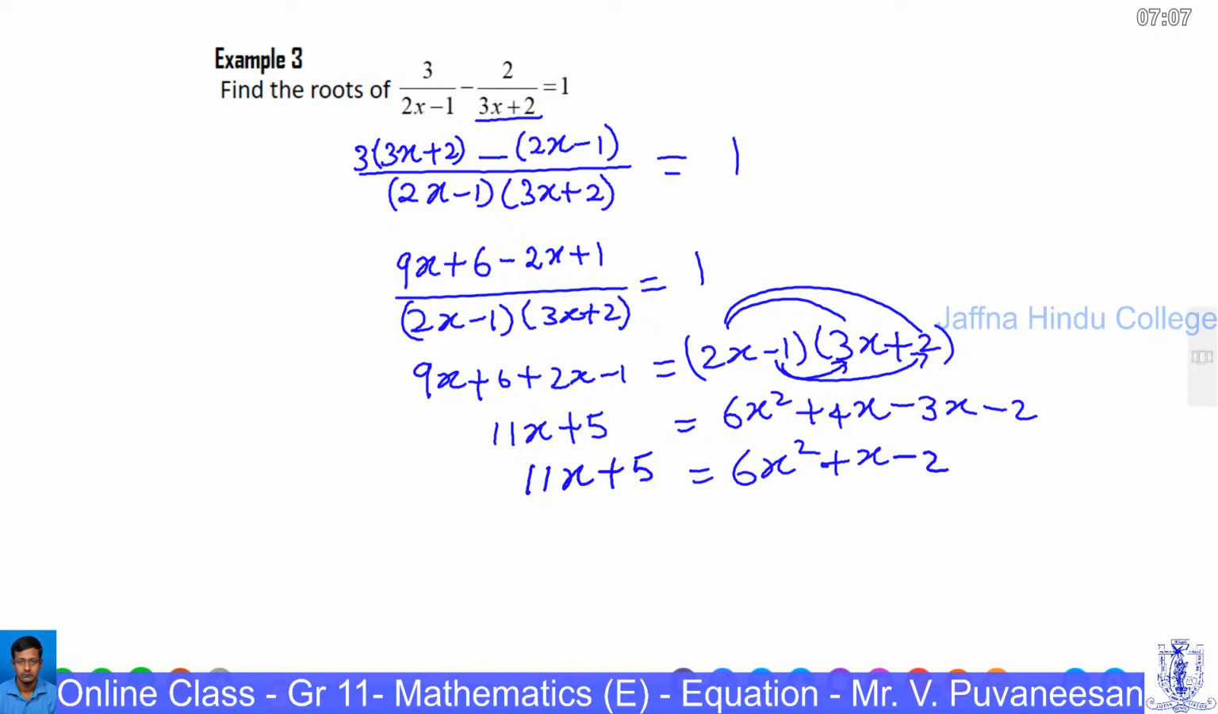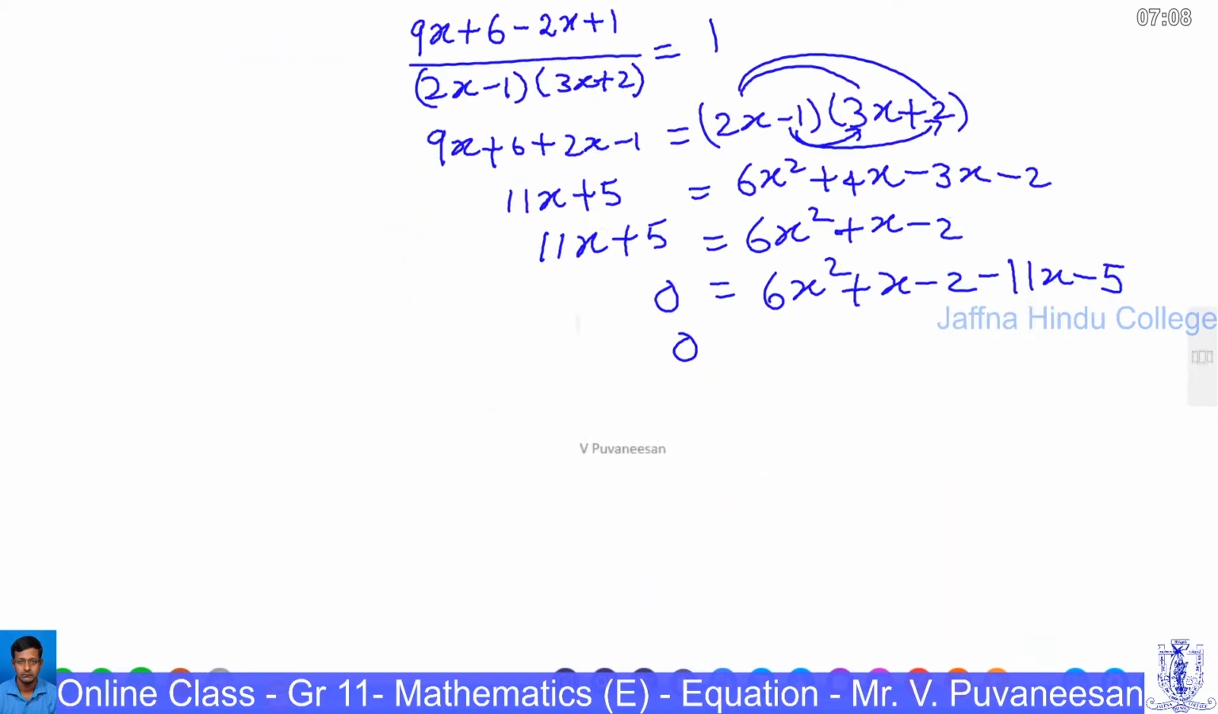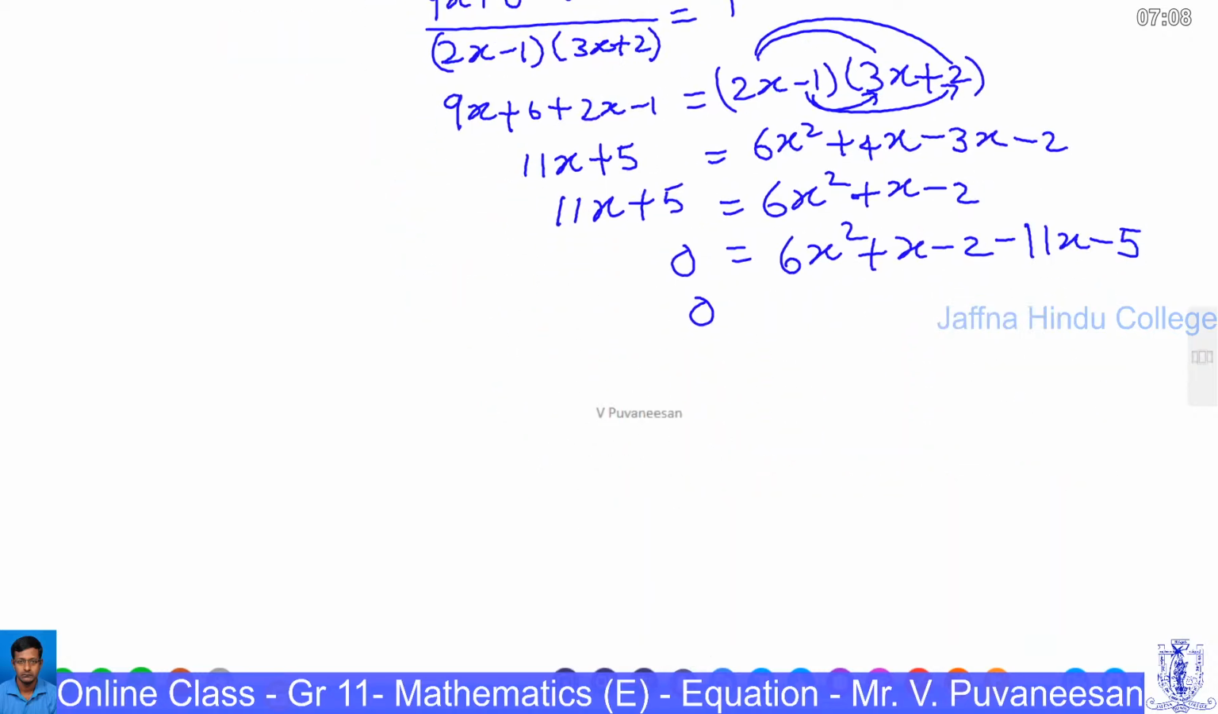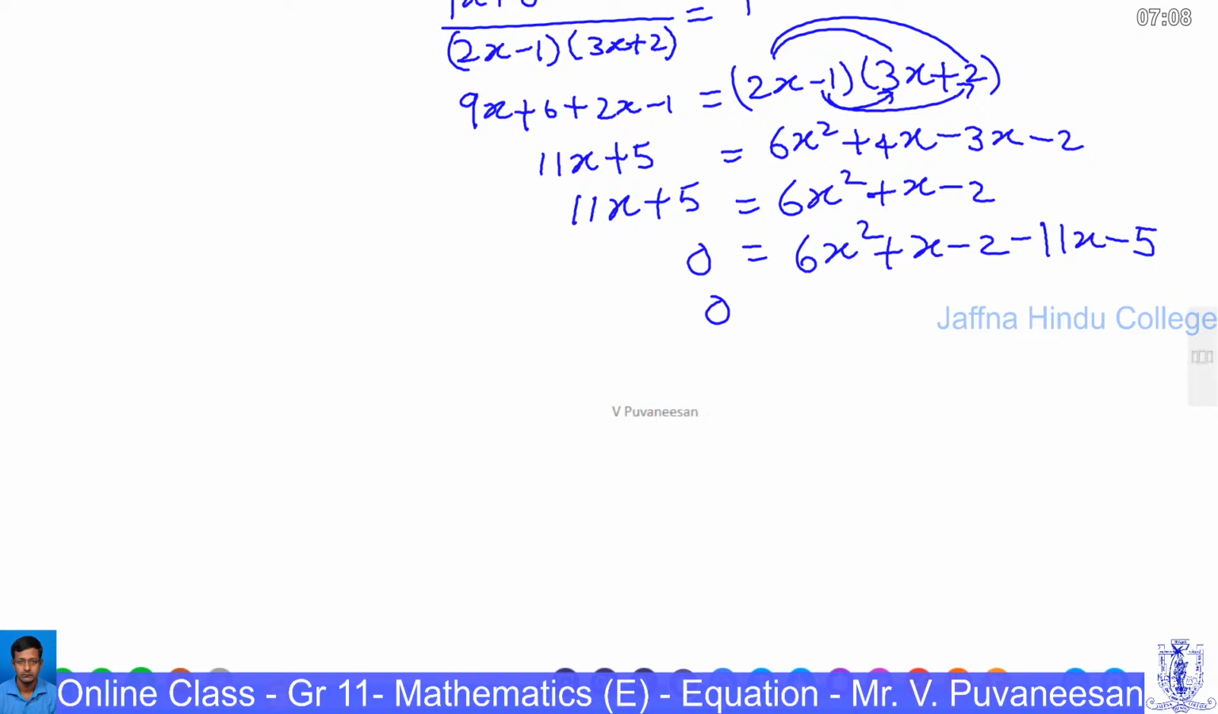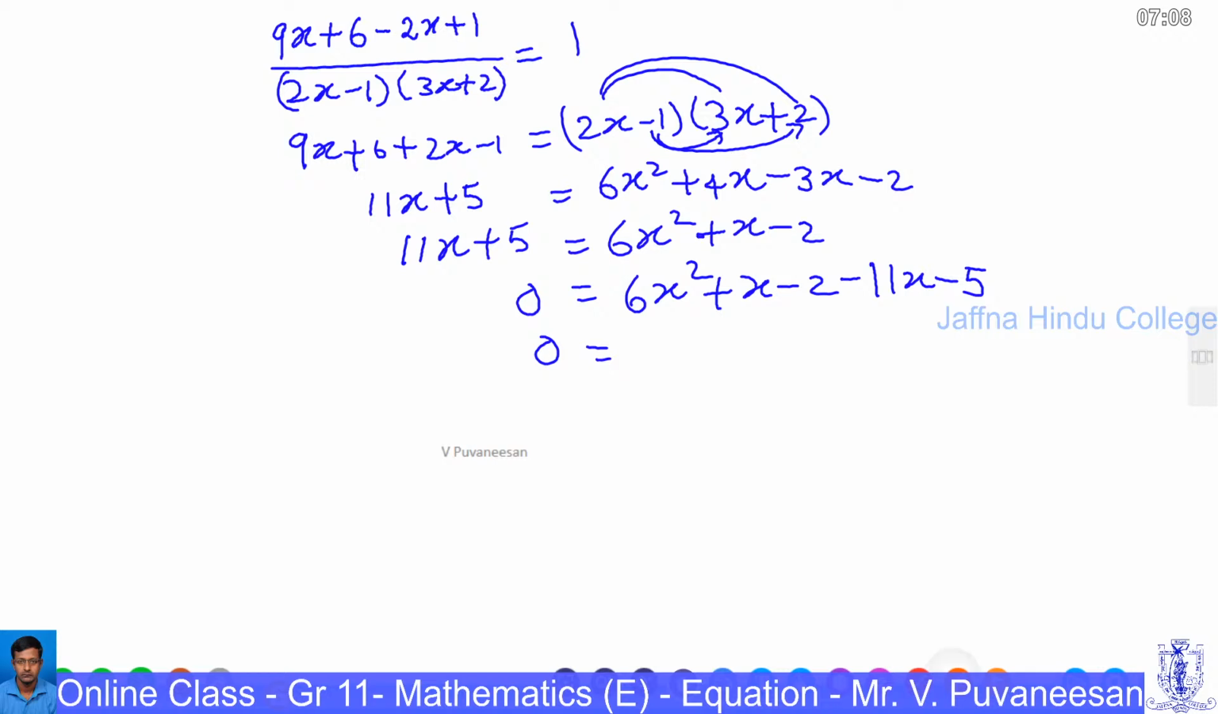We take all the terms to one side. 6x square plus x minus 2. I take 11x plus 5 to the other side. It becomes minus 11x minus 5. 6x square